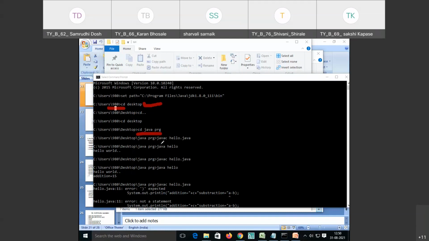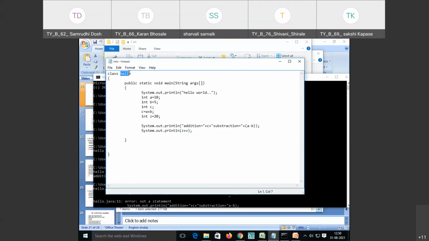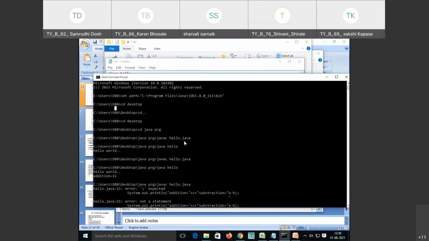And then compile your Java file as javac Hello.java. Now I'm repeating again, the name of the file should be the name of the class. Here you will observe that my class name is Hello. Same name you have to give to the file, Hello.java, with the extension .java. Then compile your file with javac Hello.java. Once you compile, a class file will be created in your folder. Then to run it, write java Hello. Hello will be the name of the class.